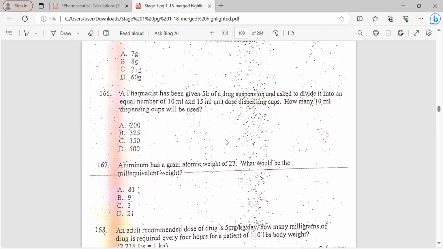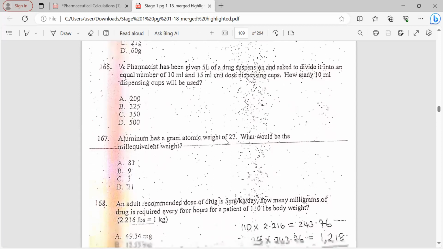Alternatively, I think we can form those, what are they called, simultaneous equations, 2 of them, and then you solve. Anyway, but I think that's easier. Then the next one,